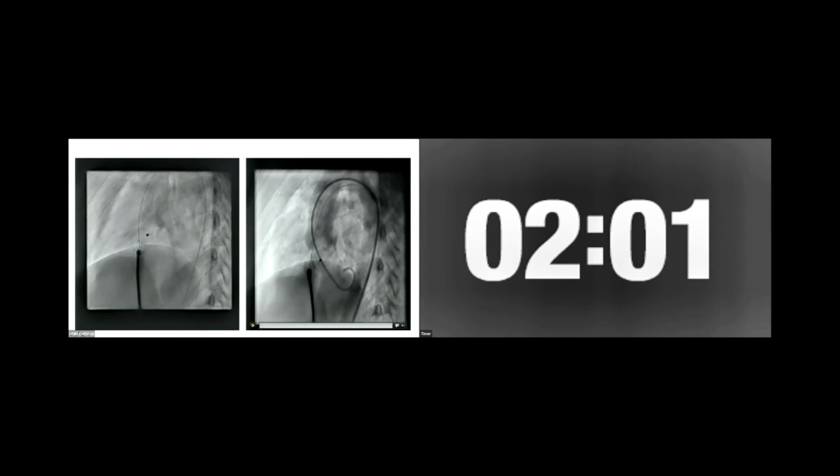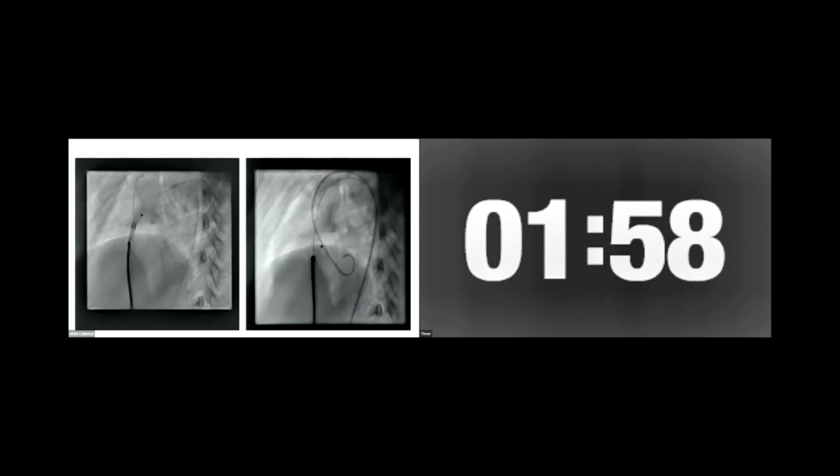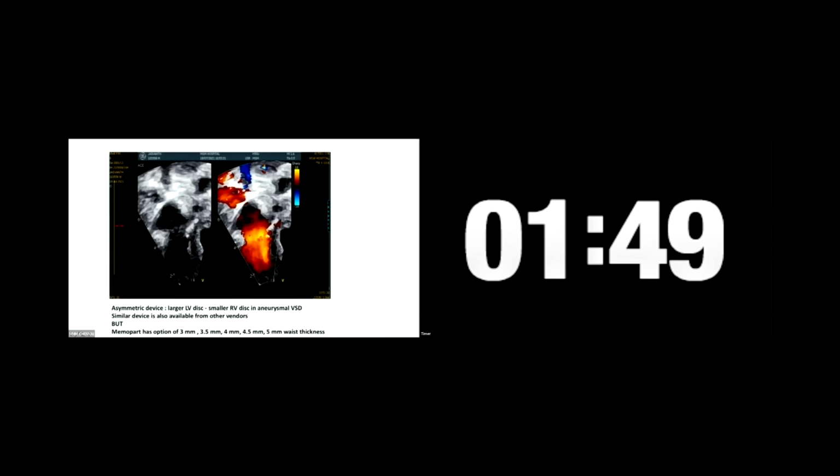And this 8 millimeter asymmetric VSD occluder, which has a disc size of 16 millimeter on the LV side, was deployed. And you can see 16. You can see the LV disc is bigger compared to the RV disc. And this is the post